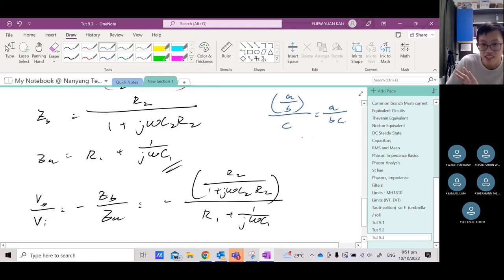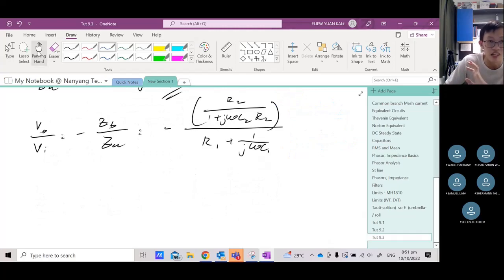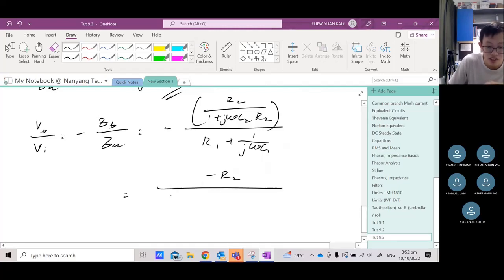I hope everybody knows that. Because this is like saying a over b times 1 over c, which is a over bc. Okay? So I just want to clear that algebra up because I don't want people to get confused. So what you get is negative R2 over, in the denominator, we get 1 over j omega C2 R2, and